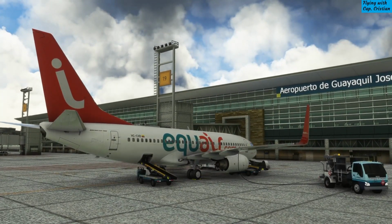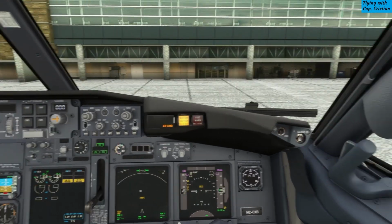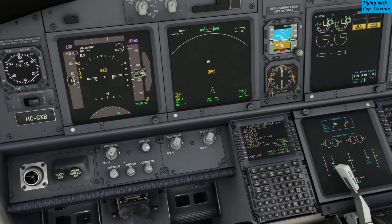So let's go back inside, go back to our CDU, and once everything is set, we will be able to start refueling the airplane. Let's wait a little bit until the fueler connects everything, grounds everything. Let's see. Yeah. Okay, there it is. So start refueling process. Okay, now that we have that on its way,